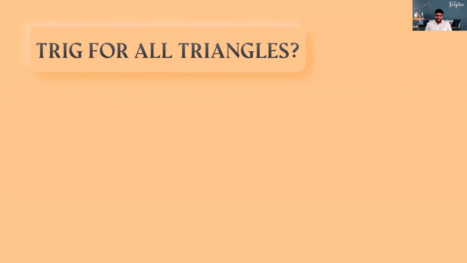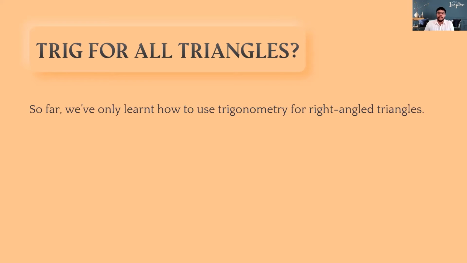So we know now how to use sine, cos, tan for triangles which are right angle. But can you actually use trigonometry for other triangles? Because you know that most of the triangles we meet are not right angle triangles, my children. There are other triangles as well. So how can we apply them to other triangles? That is what we are going to learn today, right?